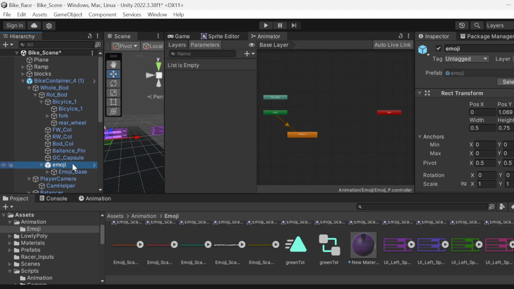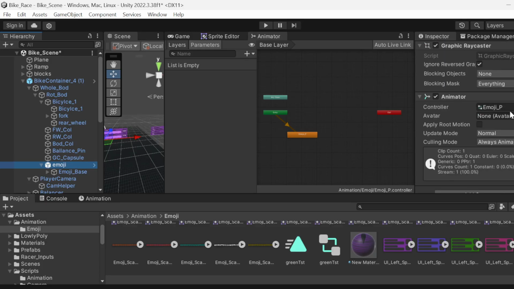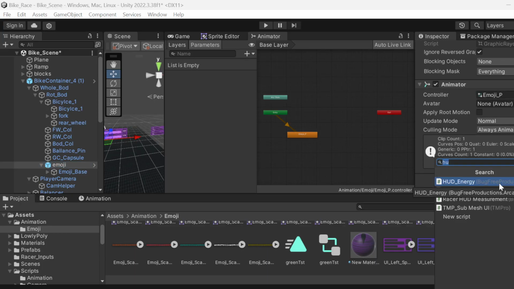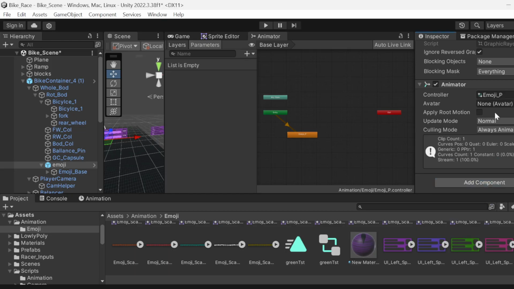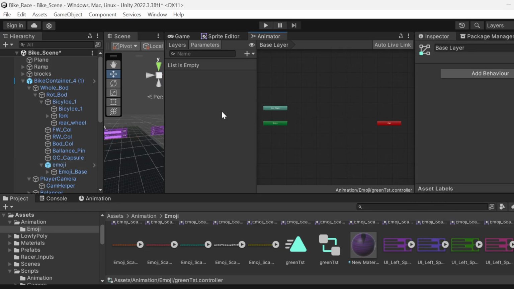our emoji. So we start with a game object, which would be an emoji, which is just a canvas. And all we do is we add the animator controller to it. So you'd add animator. You'd have the option to add that, but I'll actually change this to green test, show you guys how this works. And then with green test, I'd show you to add your animation